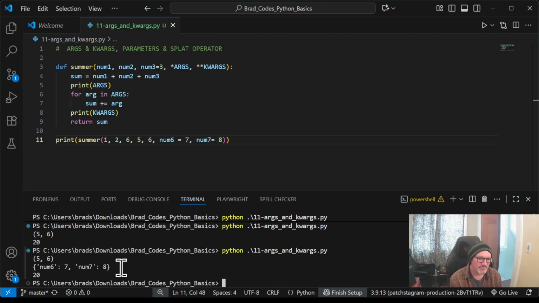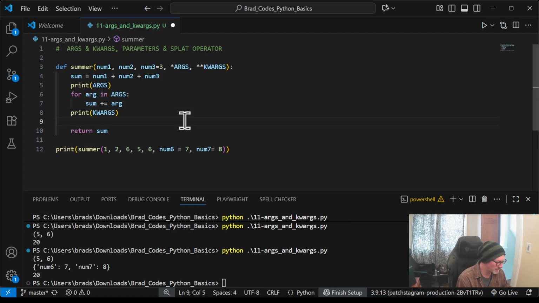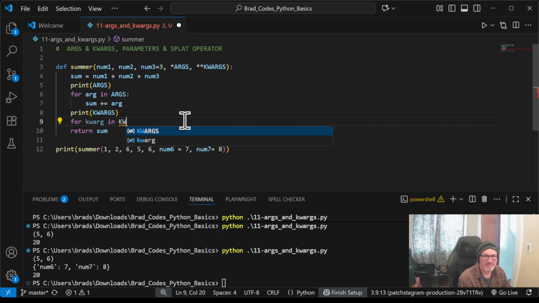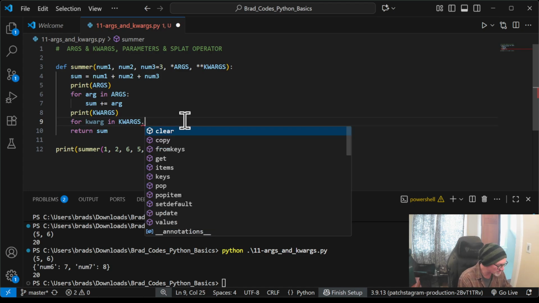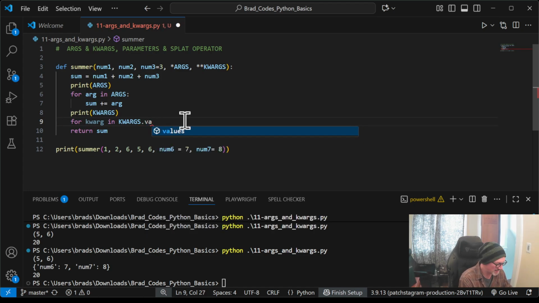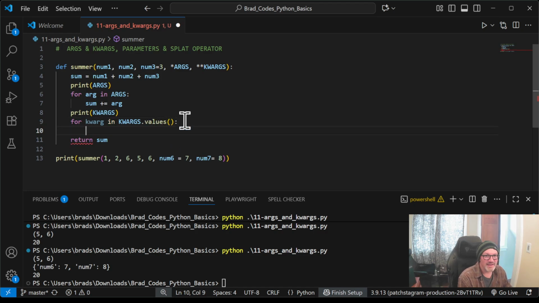So our keyword arguments, and hopefully this isn't too crazy for us, are stored in a dictionary because that's really our one data type that has keys and values. So it's really the only one that will work. But what it now does is allow us to collect any single argument. So we can add just a tiny bit more code here. Let's do for kwarg in kwargs, but considering we know that it's a dictionary, and really we only care about the values here, let's do kwargs.values. And then what we can do is